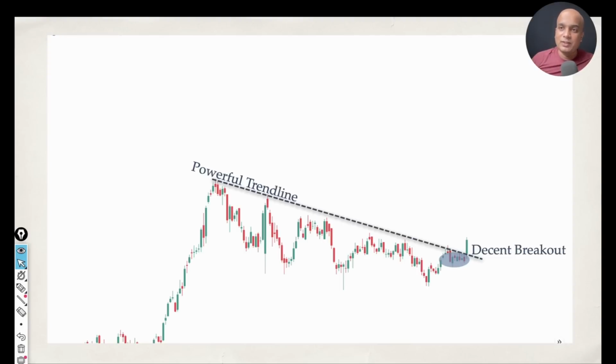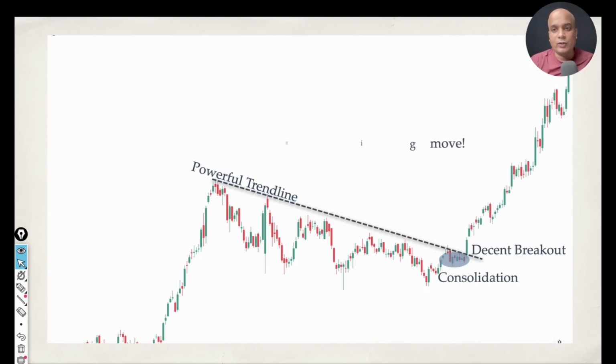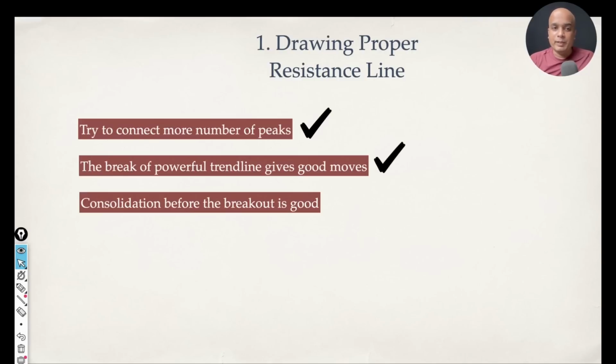So what happened was price came near the resistance trend line, and these short traders thought that once again the price will go downside. They start accumulating their short positions every day. Once the price broke the resistance trend line, they automatically converted to buyers. With normal buying, their buying power also added, and hence price moved on the upside. So this is where consolidation plays a very, very crucial role. I hope you got clarity on consolidation before the breakout point as well.